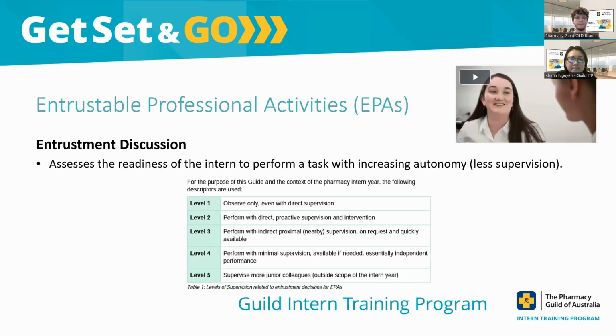Then the entrustment discussion is basically assessing the readiness of the intern to perform the task with increasing autonomy, or with less supervision. As you can see, level 1 is basically the basic level, and level 5 is pretty much outside of their intern year. So we're probably just looking for level 4, and this doesn't need to be achieved early on. This year we've probably seen a little bit of confusion about this overall. At the beginning of their internship, if an intern's never worked in a pharmacy, they might just be a level 1, and that does not mean that they're not going to be competent overall, so long as we see some sort of progression